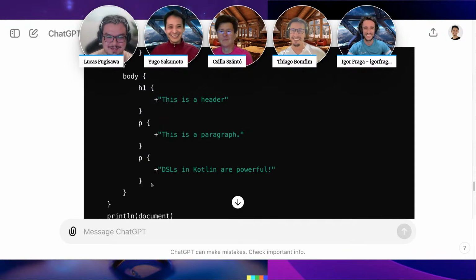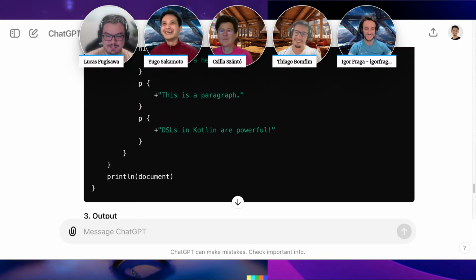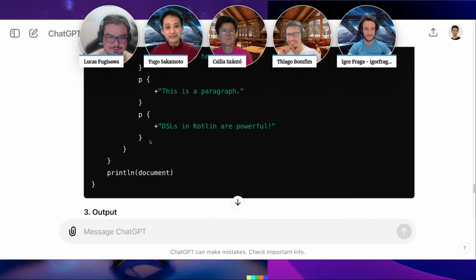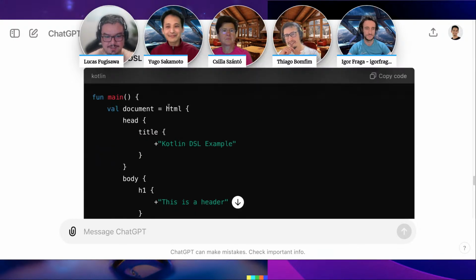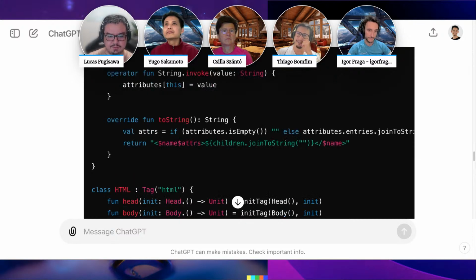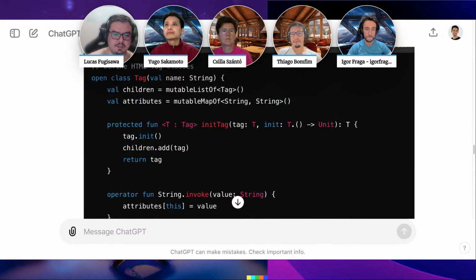There are a lot of things happening under the hood. In order to fully understand what is happening there, we would need to take a look at a lot of Kotlin concepts first. But what we are doing there is passing functions to functions, and those functions to other functions. HTML is a function, and head is a function, and title is another function. In the example we are using just strings inside the tags, but we can also put in normal code.